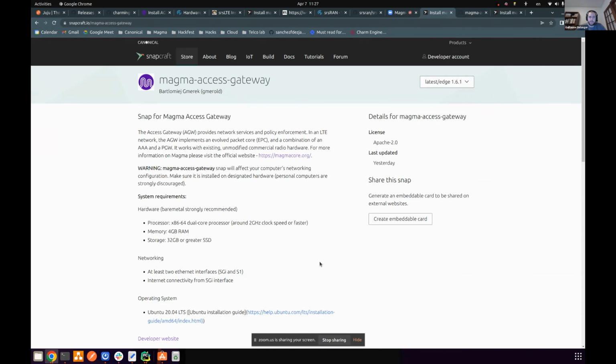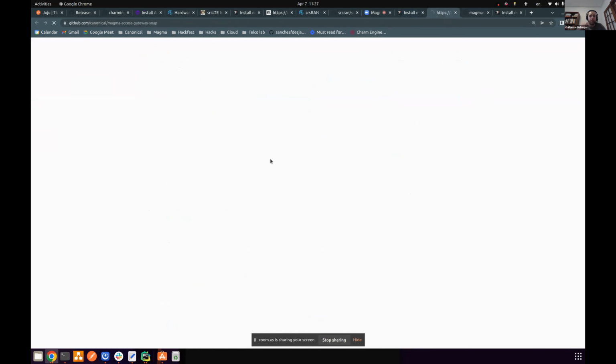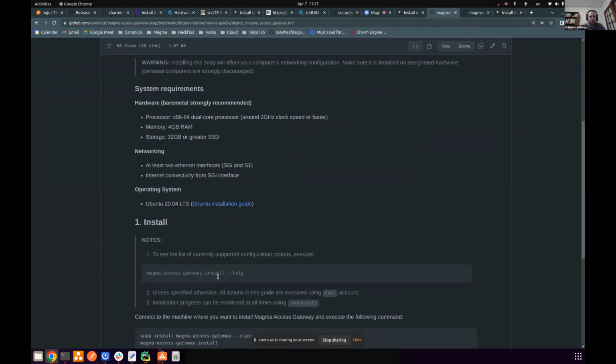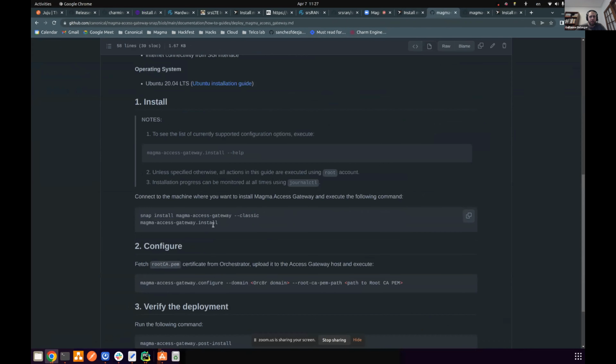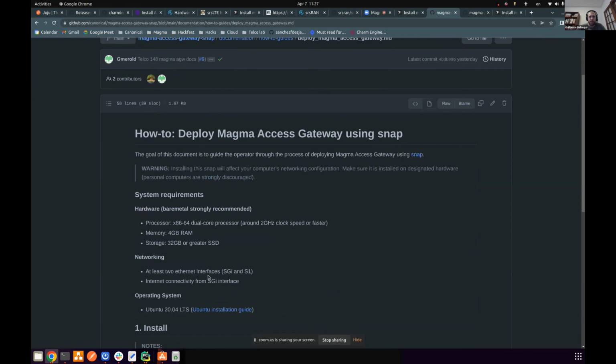There's also a link to our GitHub, and a how-to guide telling you how to install it and how to configure it so that you can connect your Access Gateway to your orchestrator. That's all I wanted to share.